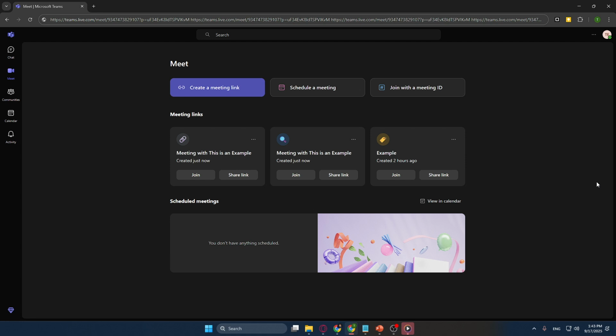Once you're in Microsoft Teams, the next step is to navigate your way to the Meet section. Now, Meet is where you can schedule or start meetings on the spot. If you look around the interface, you'll see various tabs, but Meet is where we want our focus to be today. It's a great place to connect with colleagues or clients without the hassle of lengthy email threads or phone tag. When you find the Meet section, click on it and you'll see an option that says Create a Meeting